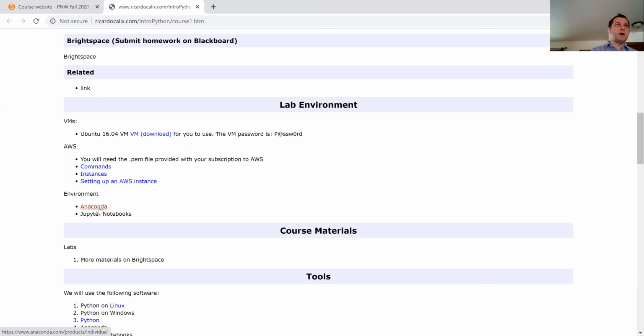So don't get overwhelmed. However, it's a really nice platform with a lot of things in it. And so that's why I kind of want you to consider using this. Otherwise, feel free to find any Python editor that you want to use and use that one. Okay, a Python editor, if you don't know what it is, it's just a program where you write code and